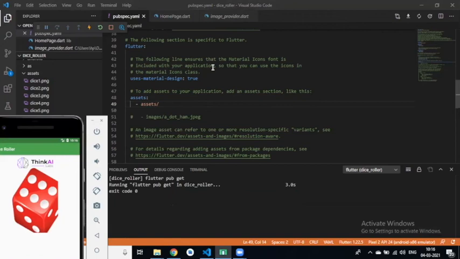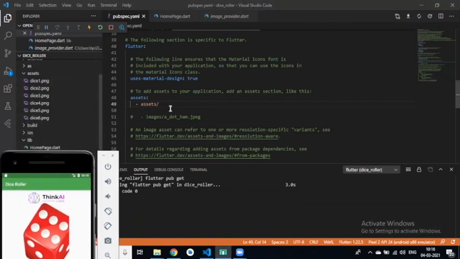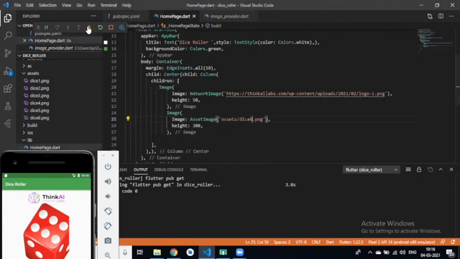If exit code is 1, then you have some error in your pubspec.yml file. So we can also define our asset like this. Simply we have defined the asset folder, not the file name. Now we can use any image without defining the image file name. Now we can use dice6, dice5, dice4, anything inside this asset folder.